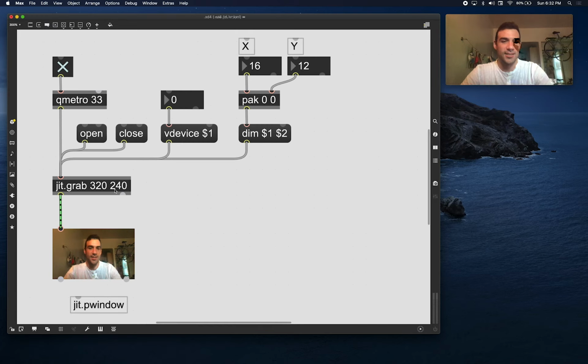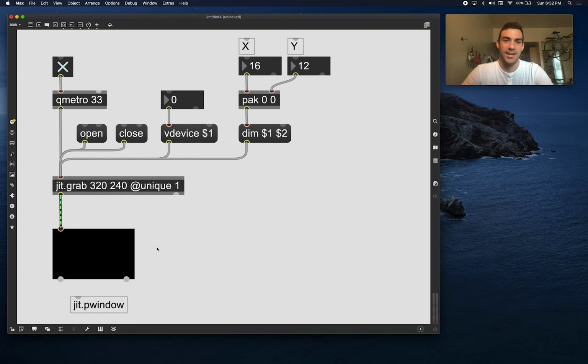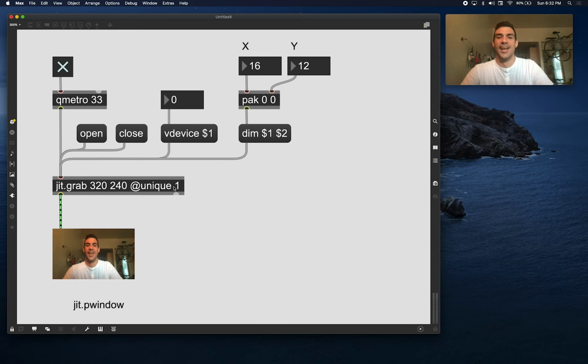The one last thing to look at is you can say @unique 1. I'm targeting this unique argument and giving it a value of 1 to say I do want to turn this flag on. It's a flag for whether something should be on or off. 1 will say I want to turn this argument on for jit.grab. Again, I have to hit open. And you don't see any difference. All that it's saying is,